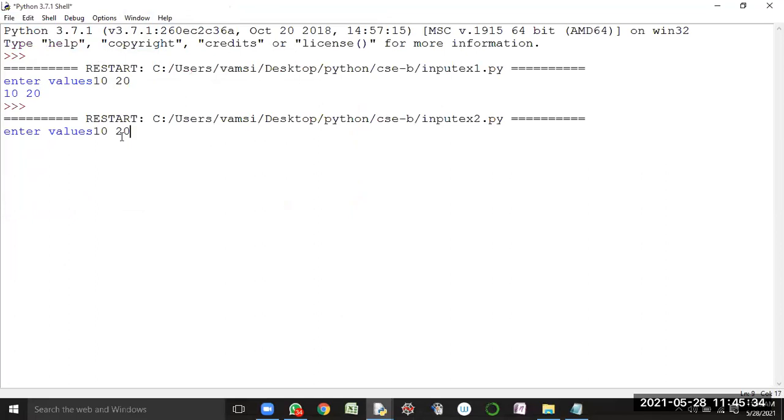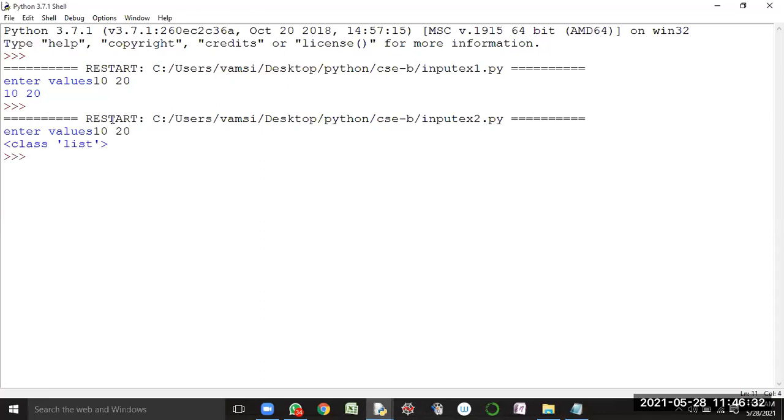What happened here? This whole line of information, 10 space 20, is considered as the input. It is stored in the form of string. When it is executing the split method, what happens? The split method works over the string object having 10 space 20. It will divide the values on the basis of space. So 10 is considered as one value, 20 is considered as one value. The first element will become 10. The moment space is available in the string, it divides into another value. Then 20 is considered as one element. So totally 2 elements are placed into the list,